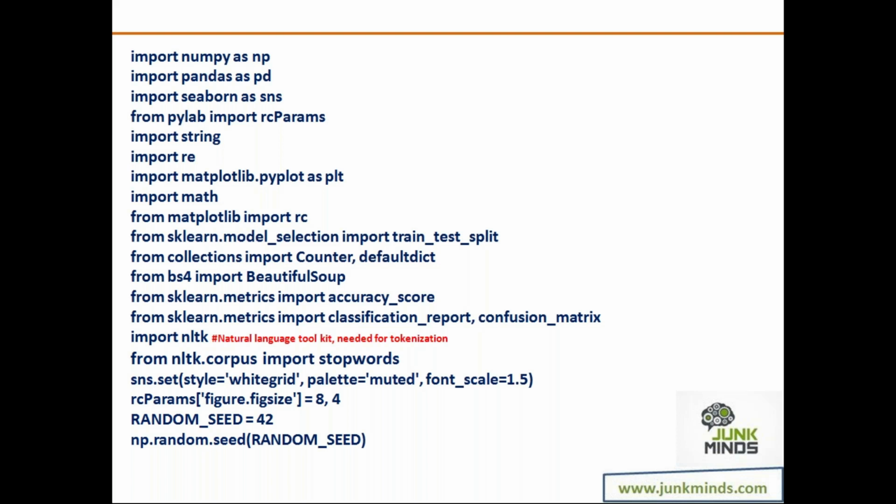NLTK is basically a library which is a collection of almost all words from the English language. Whenever you are required to tokenize something, whenever you need to pick up some data, classify it into words and then go for analysis or the meaning of those words, you will use NLTK. Whenever you're talking of natural language processing, you will surely need NLTK. And if you're talking about data processing, where you'll be accepting data from the web or somewhere, then you'll always need Beautiful Soup. NLTK will do two things for you. One, it will help you identify the words, and second, it will help you eliminate the stop words as well. Stop words are something which are not required over here.